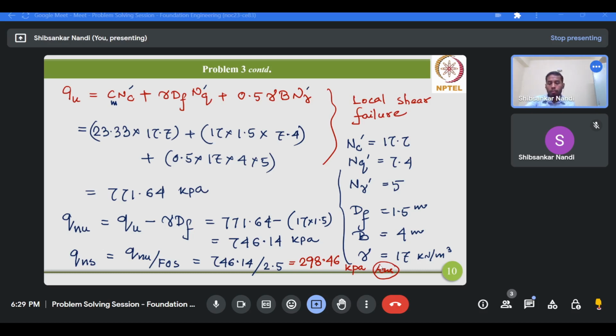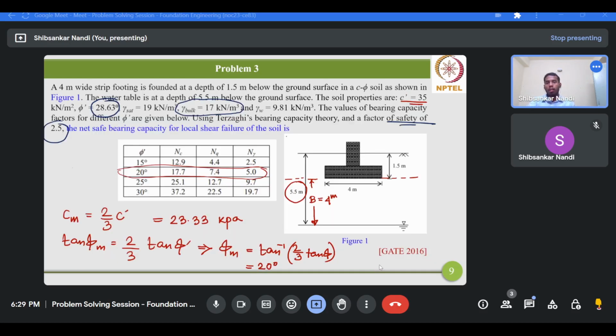Okay, so through this problem, we have learned how to calculate the net safe bearing capacity of a given strip footing of width 4 meter, and this footing is founded at a depth of 1.5 meter below the ground surface, and the subsoil properties are also given. The recommended factor of safety value is also given, but please keep in mind that here we have to consider